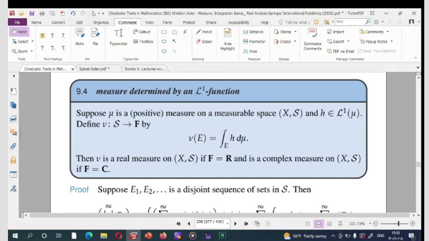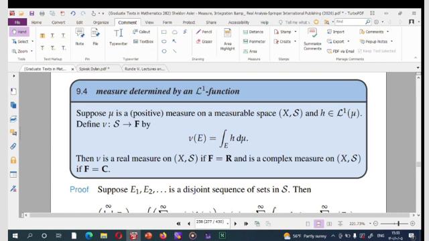is dependent on this h. You must fix an integrable function such as h, then construct this function. Then mu is a real measure on this measurable space if we consider this f equal to r,